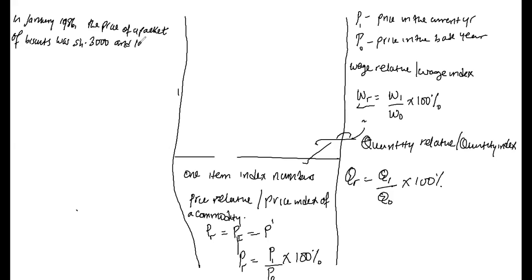And in 1987, the price of a packet of biscuits had increased to 5,400 shillings. Using, sometimes even they tell you, 1986 as the base year,